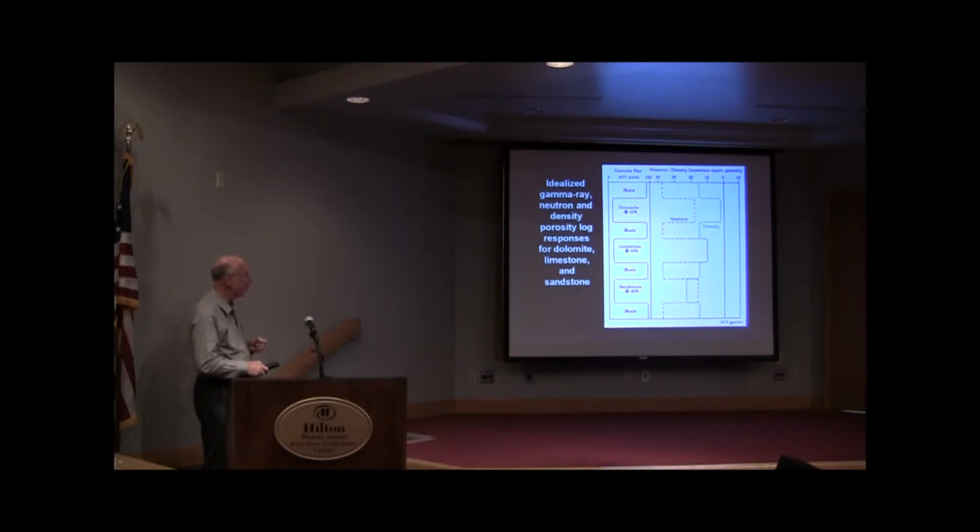Here's a limestone with 10% porosity, and our expectation is that both curves should read 10%, because they're both on a limestone scale. Dolomite with 10% porosity, the same volume, plots like so, where the density is reading low and the neutron is reading high. Now the density is the easiest one to understand, because that zero point is fixed